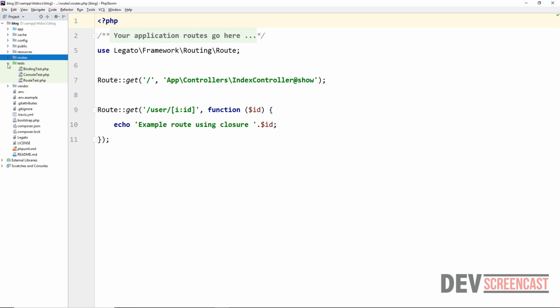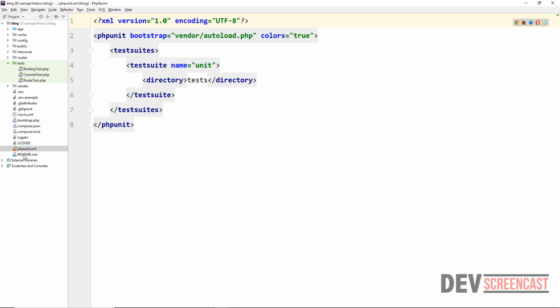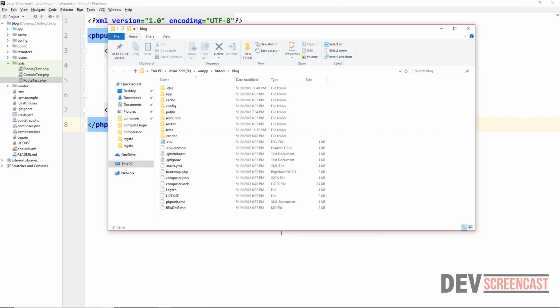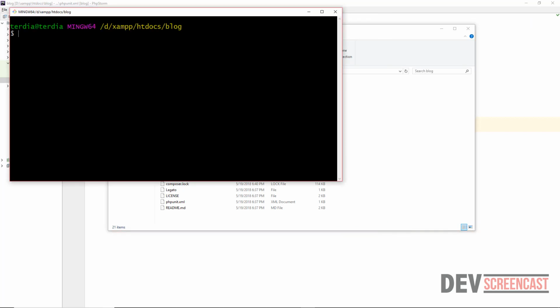Then we have the test folder, where you should define all of your unit tests. So if you want to write test cases for your application, you define them inside of the test folder, and that will conform to whatever is configured inside of the phpunit.xml file. So I'm going to quickly open my command line too, so I can just illustrate to you. So let's come inside the project folder. I'll right click and then open Git Bash here. So I'm going to type vendor bin